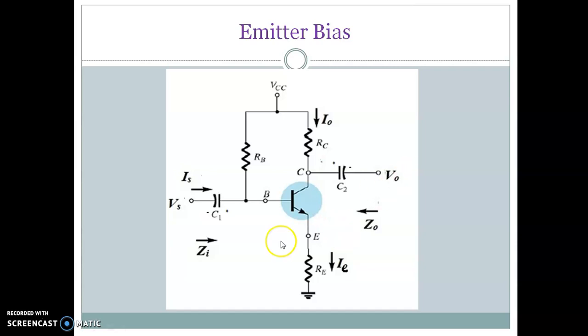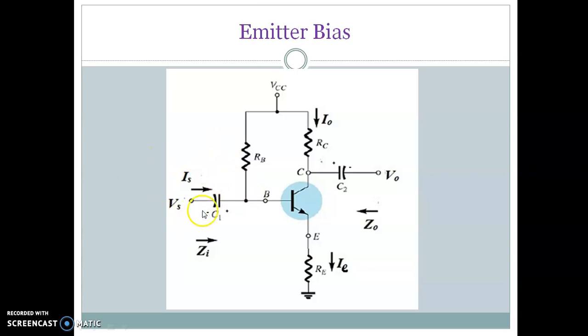The circuit is called an emitter bias because at the emitter you have the biasing resistor, which improves the quality or the stability of your amplifier. Without this, it is nothing but your fixed bias amplifier, which has a very poor stability. By putting this resistor RE, your operating point is retained, though there are some external variation factors.